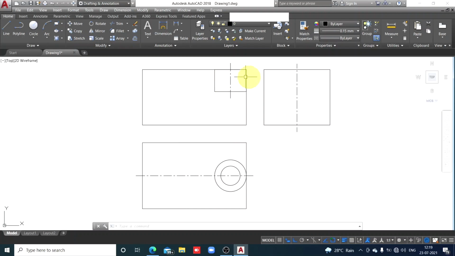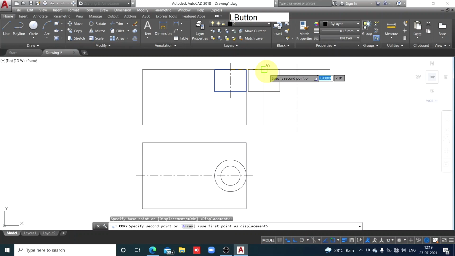Okay. Now the same rectangle in the side view, because it is a cylinder: in front view a rectangle, in side view a rectangle. You can do it in this manner also. I have selected the rectangle. I'll copy it. To copy, this top center of this rectangle I'll use as reference. So I've clicked at the top center here, and now here, because the side view is also symmetrical, so on the axis of symmetry I'll place it.